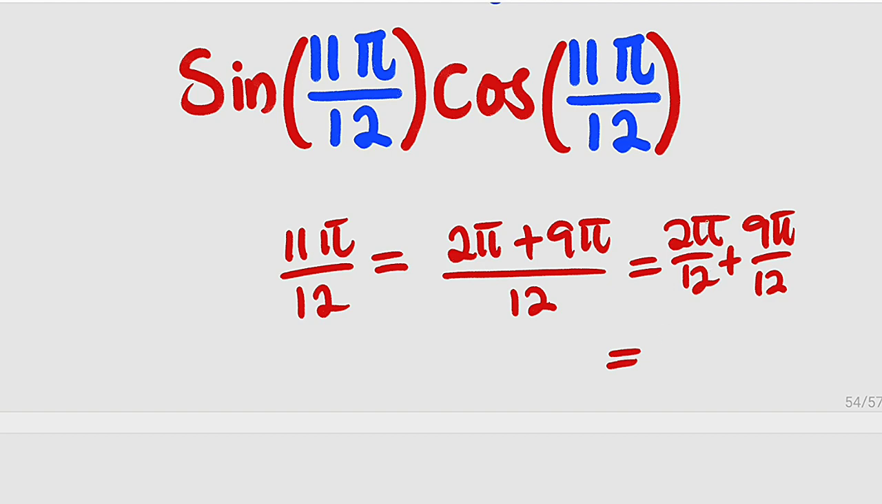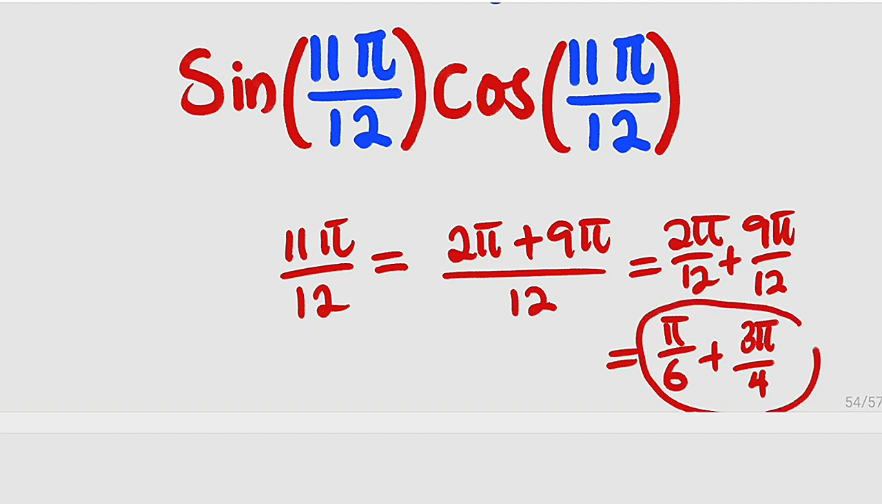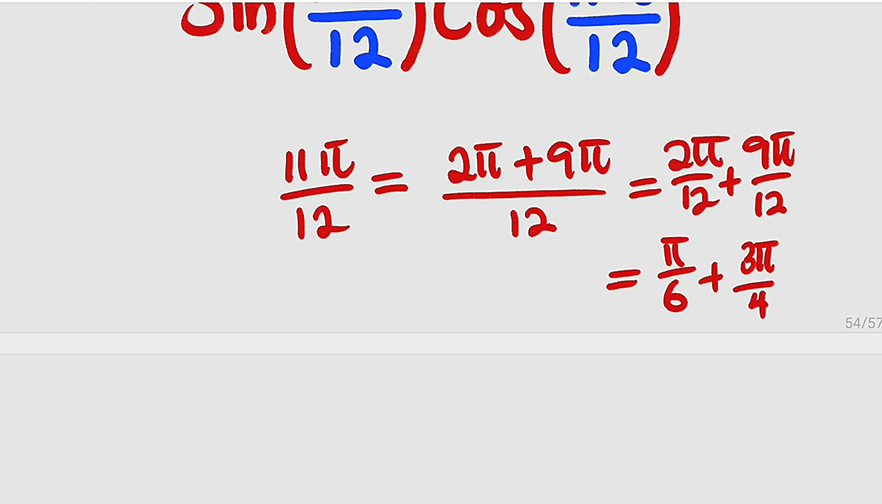And you know this to the lowest term is the same thing as pi divided by 6 plus, 3 into 9 is 3 pi, 3 into 12 is 4. So we have 3 pi divided by 4. So instead of 11 pi divided by 12, we can now substitute pi over 6 plus 3 pi over 4. Therefore, we have